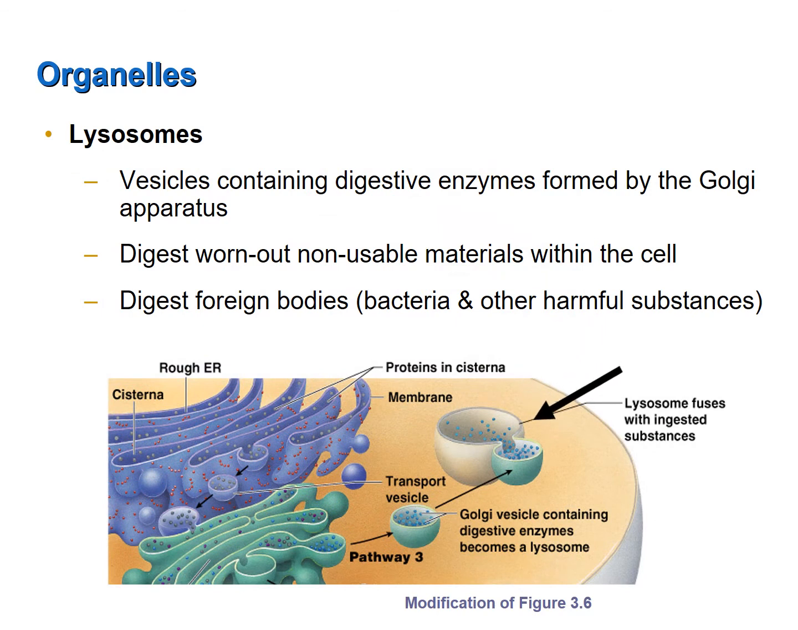So lysosomes are vesicles formed by the Golgi apparatus that contain digestive enzymes. And the function of these lysosomes is to digest things. Some of the things that they digest are worn out, non-usable materials within the cell. For example, a worn out mitochondrion would be digested by a lysosome, and its components would then be used to